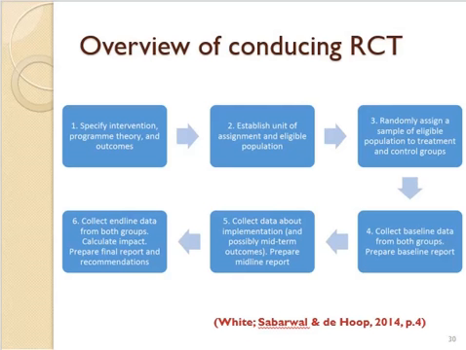Then, out of those, you randomly assign samples of the eligible population to participate in the control group and also in the intervention group. Then you collect baseline data for both groups, remember, to know the situation or establish indicators at the beginning. Then, of course, you implement the intervention, and you collect data about the implementation, could be midterm or so on, and you have your reports. Then at the end you also create the endline or closure data,